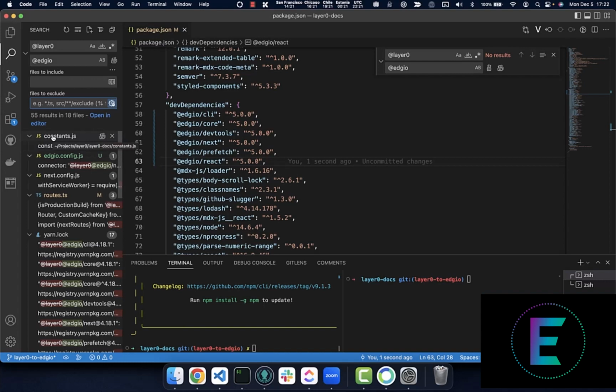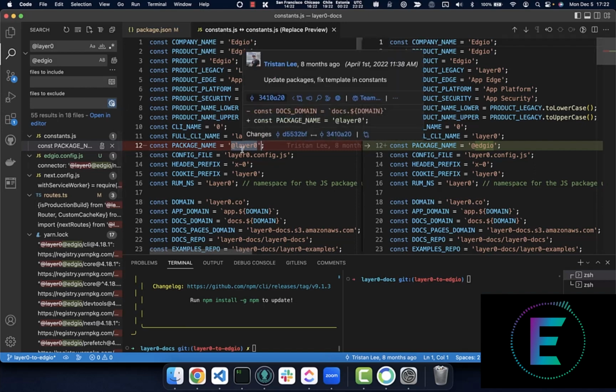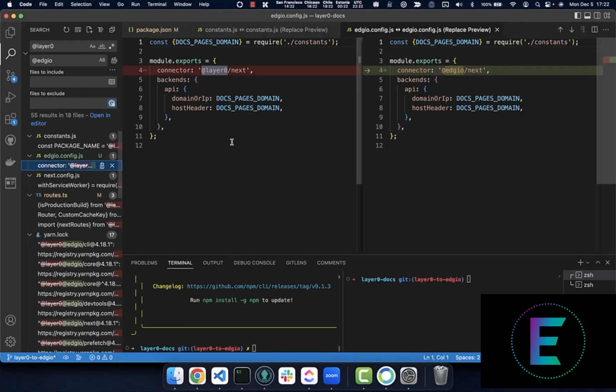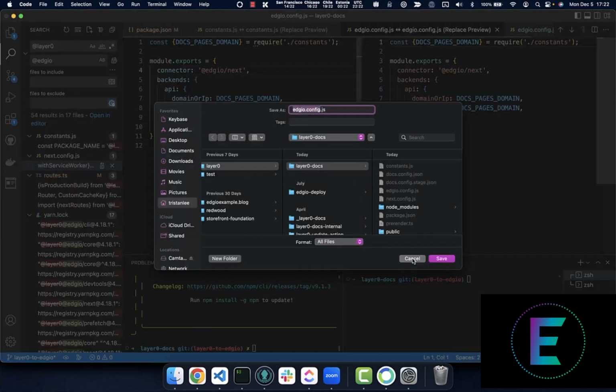So we have a few examples here. We have a constant. Actually, this one is not related to the imports. This is just a constant branding for this particular project, so we're not going to change that just yet. However, in the Edgio config.js, we need to update this to use the Edgio next connector. So make that change, and then in the actual next configuration,